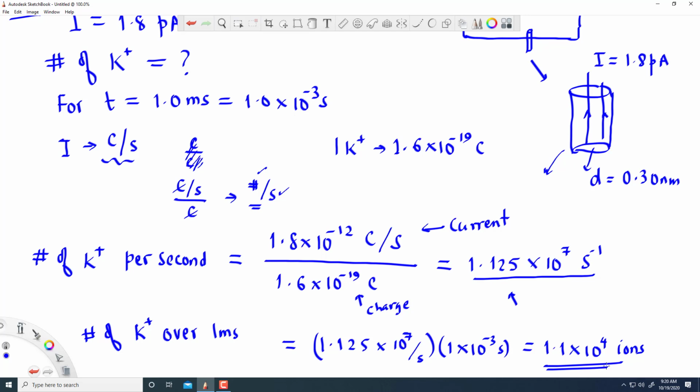Okay. So, let us look at the next question from homework or worksheet. I do not remember what this is. So, the question is,